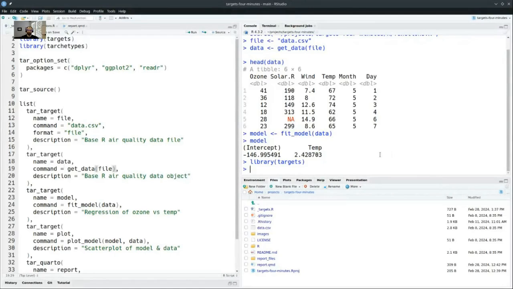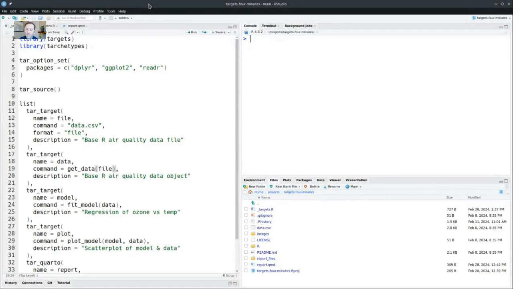I was just going to say, it sounds like starting on line 10, you're not running the code, but you're laying out, these are the steps that we're going to go through. So first, the tar_option_set says these are the packages that we're going to need for our project. Then tar_source runs all the code in the R folder, which has typically your functions. Then you define all of your steps. And I assume we'll get to this in a second, but down below, there's going to be a function or something that will actually run the pipeline. Is that an overall accurate summary of how this works?